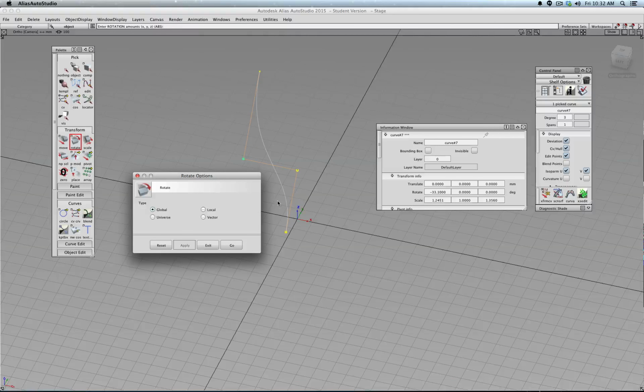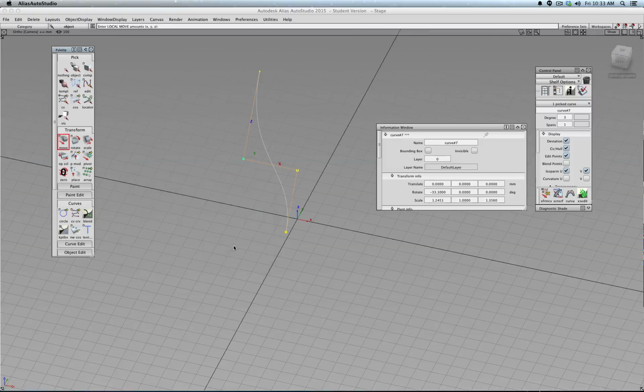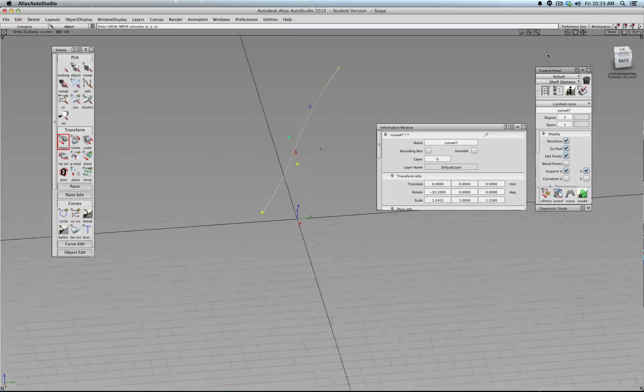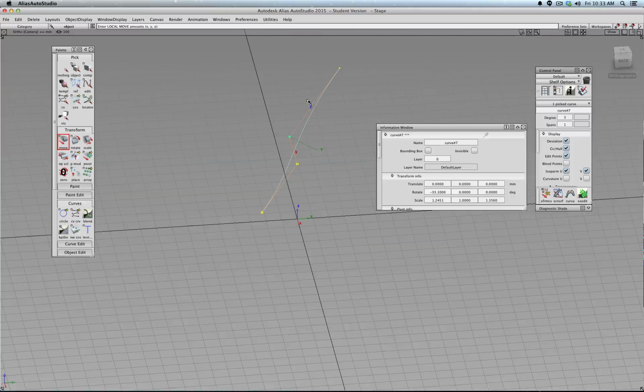Now, one unique thing is actually if you double click the rotate, you see global, local, and vector. Let's double click move. Global and local. Let's turn this one on. Go. And you will see then there's actually an XYZ widget positioned. This tells me now, for example, if I press right mouse button, that it moves it along the z-axis,